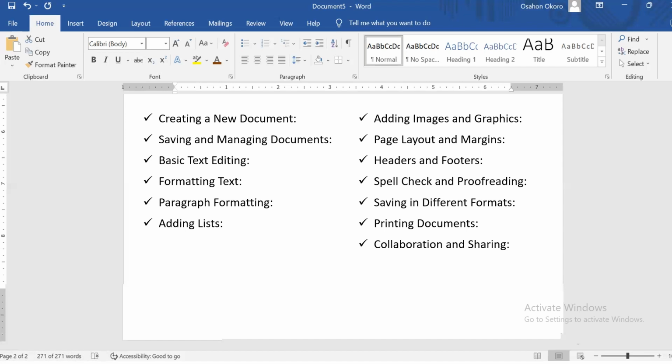Then after you finish working on your document, it's always important that you take out time to do a spell check or proofreading of your document. The reason is that some typos or grammatical errors may be in your work. So after sending it, you will not want a situation whereby you now have to start running back and say no,